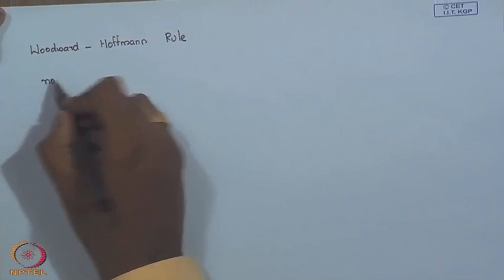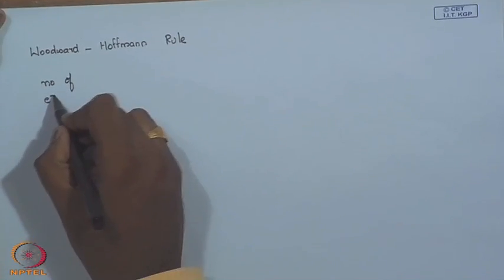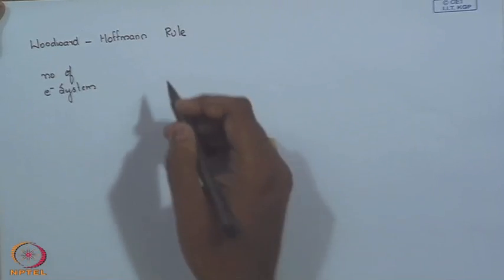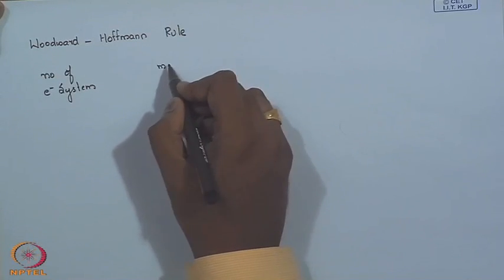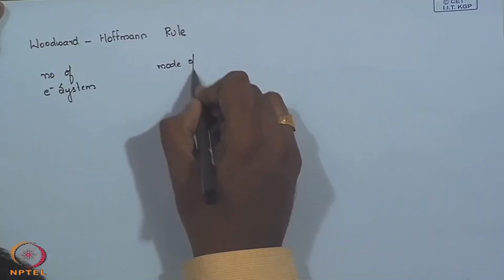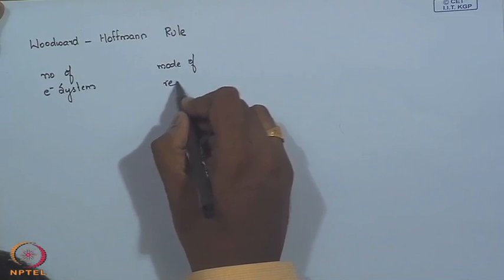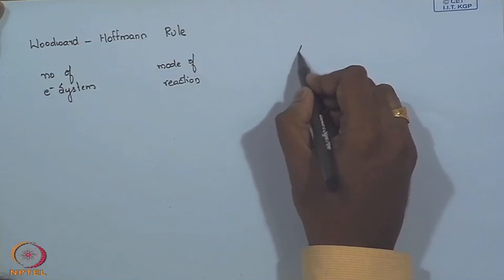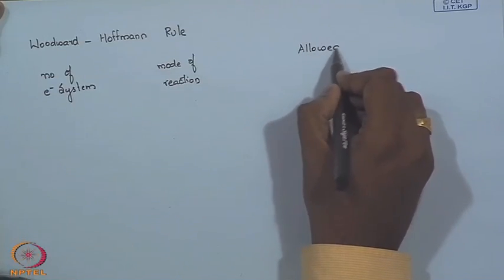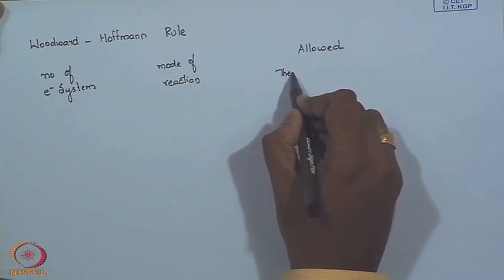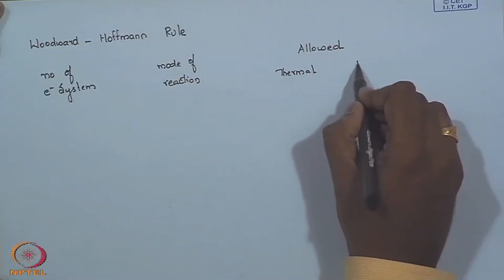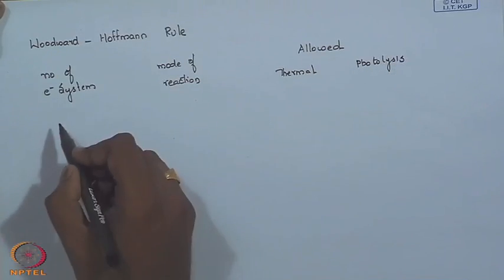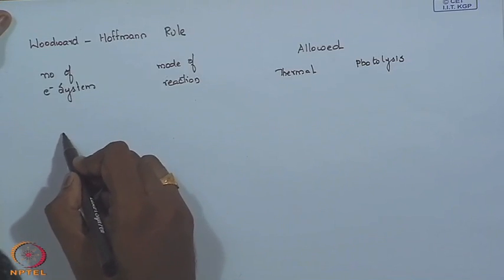What we studied is that you have to consider the electron system of the given alkene, then your mode of reaction, then you say whether it is allowed in thermal or photolysis conditions. So, first we said that if it is a 4n system,